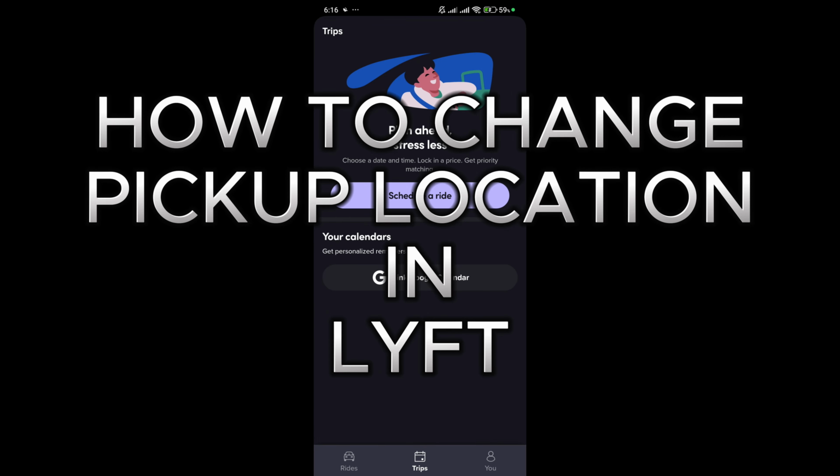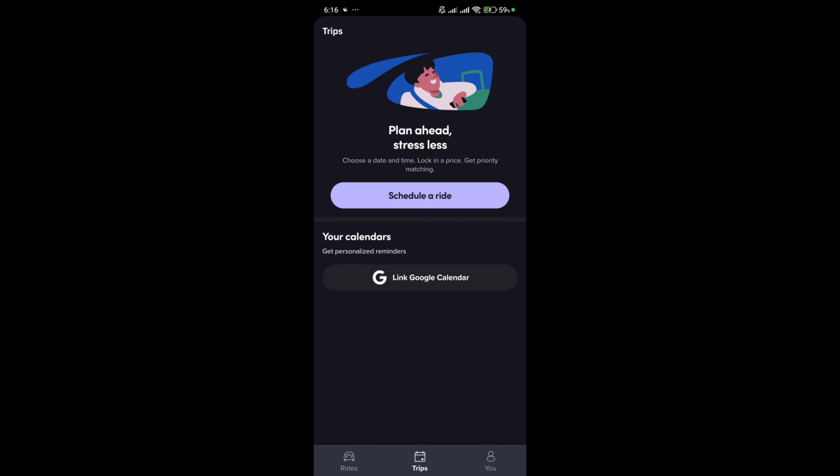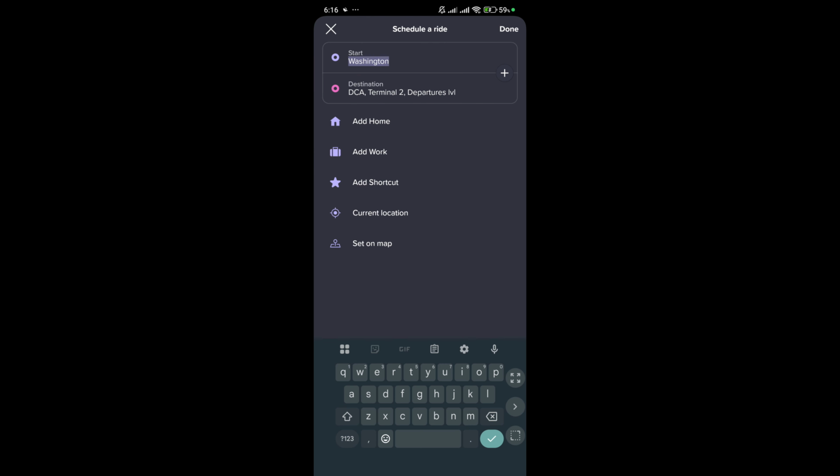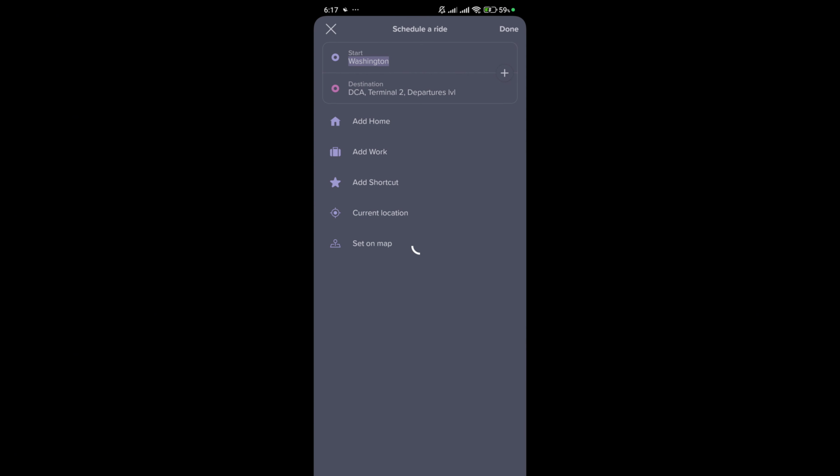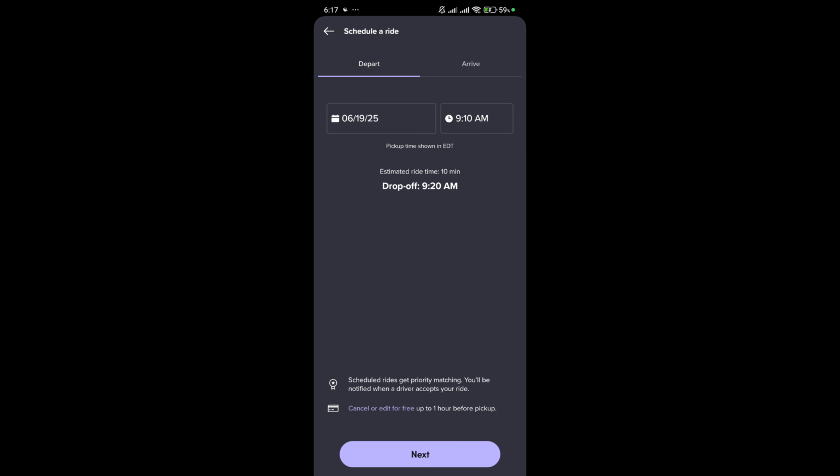To change your pickup location in Lyft, first open the Lyft app and make sure that it's the latest version as well, or else it might not work. So after you schedule your locations and you tap done, and you mistakenly find out that you have